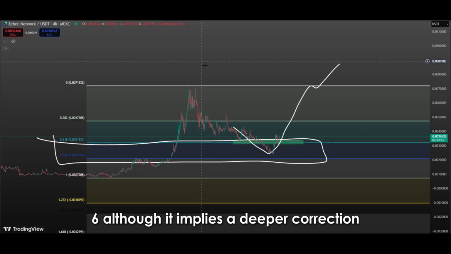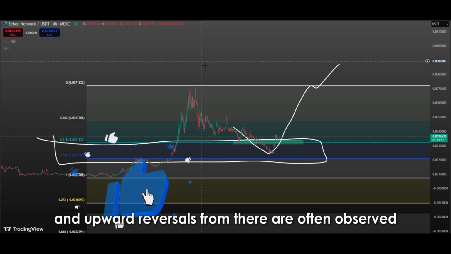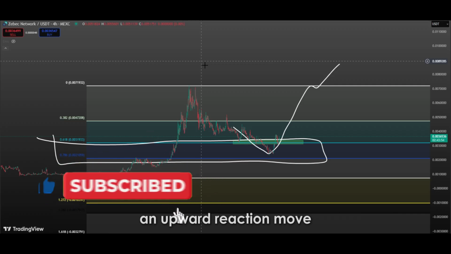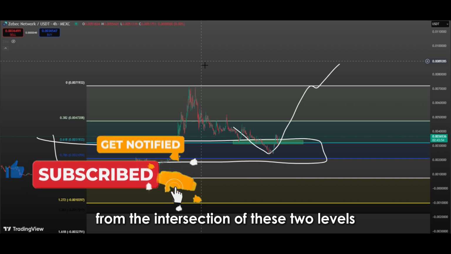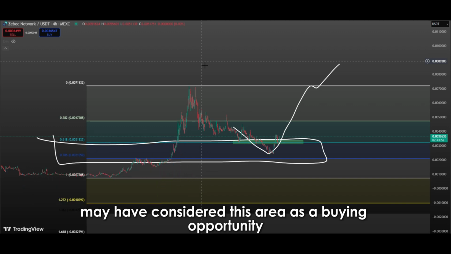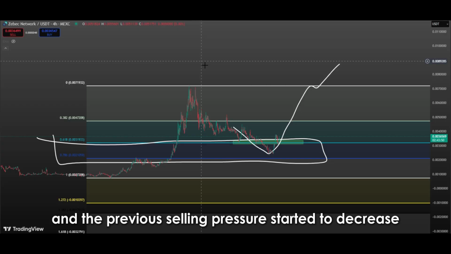0.786, although it implies a deeper correction, usually acts as the last line of support, and upward reversals from there are often observed. In the current situation, the price has started an upward reaction move from the intersection of these two levels. This shows us that market participants may have considered this area as a buying opportunity. In technical terms, this area worked as a demand zone, and the previous selling pressure started to decrease in this